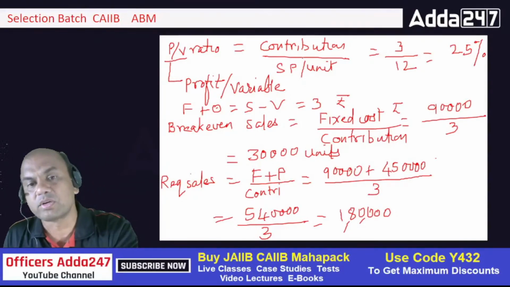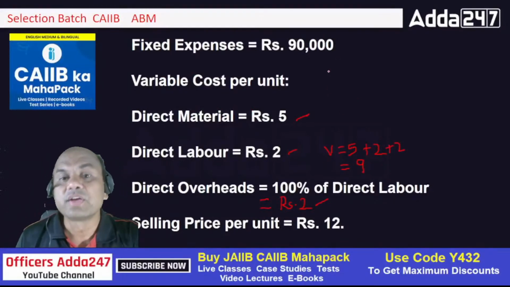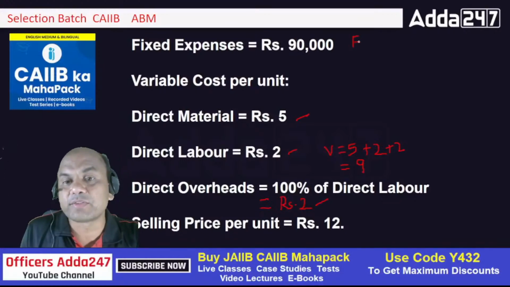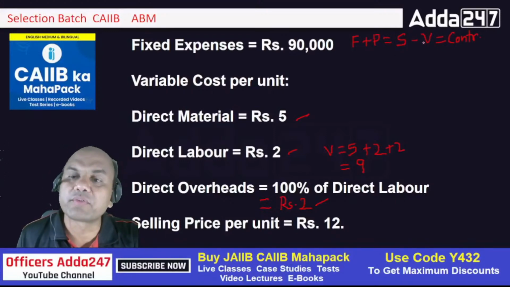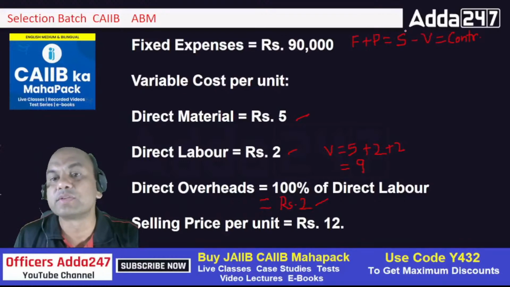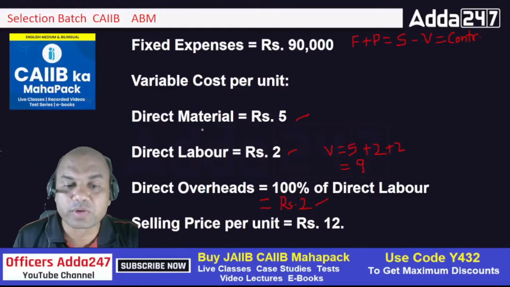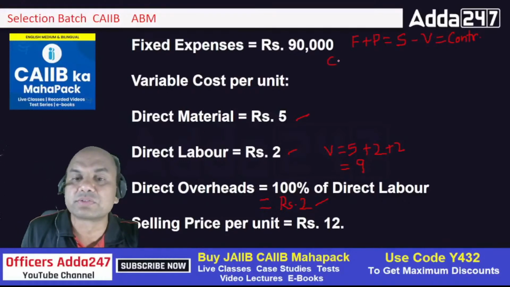So what is contribution? How to find the contribution? We have not found out the contribution yet. I gave you in the first place itself: F plus P equals S minus V, and that is known as contribution, right? So I can use either F plus P or S minus V. What is the easiest way? I don't have profit over here, but I have selling price. So contribution equals